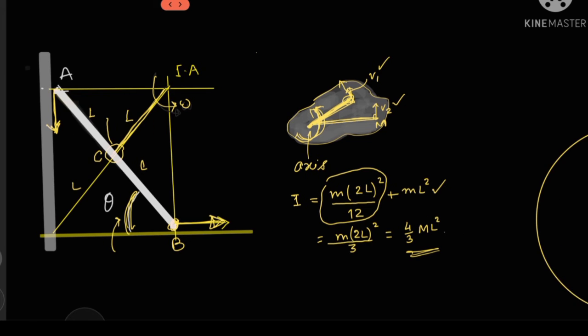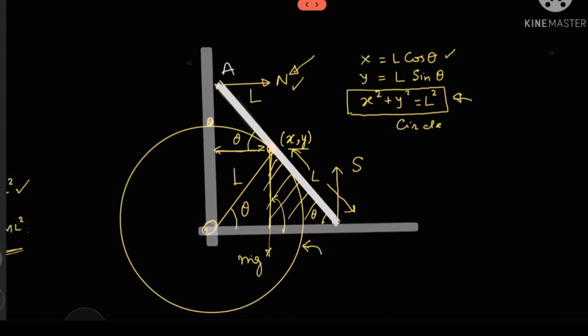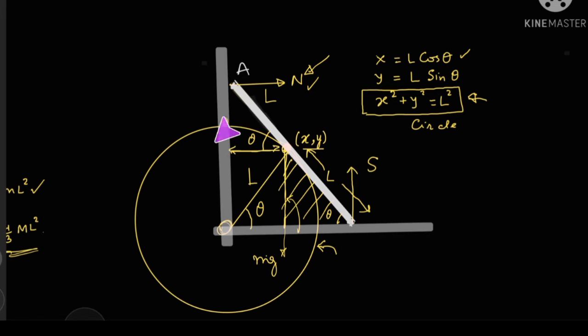Okay, so now we are going to write the energy equation. Since the center of mass was initially at a height of L when the rod was vertical, and suppose at the point where A is breaking off the wall, the center of mass is at this position and the angle turned is theta, this theta and this theta will be the same. Then the vertical distance which the center of mass descends will be equal to L minus L sine theta, because this distance is L sine theta and this total length is L, so this is L bracket 1